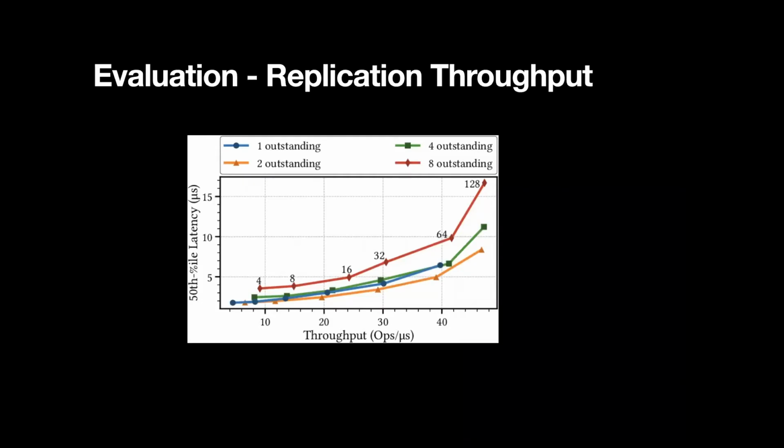An interesting, maybe noticeable feature of this graph is that increasing the number of outstanding requests with the same batch size increases the throughput considerably. And this effect seems to taper off starting with the 32 byte batch size requests. As we can see, when the throughput is around 29 operations per microsecond for two outstanding requests, if we increase the number of outstanding requests, the throughput increases to about 32 operations per microsecond. So that is interesting, I guess.